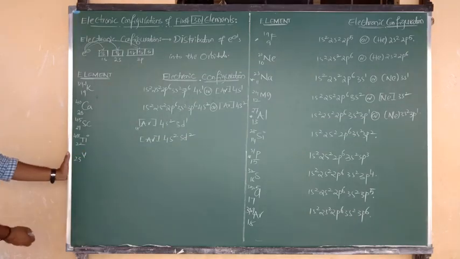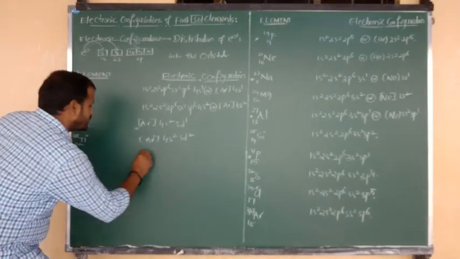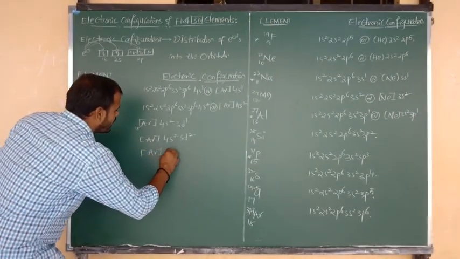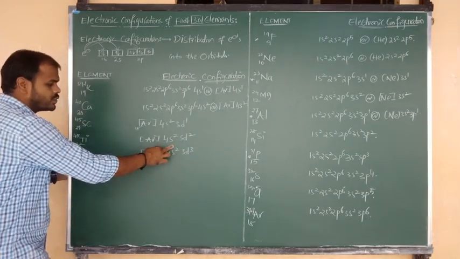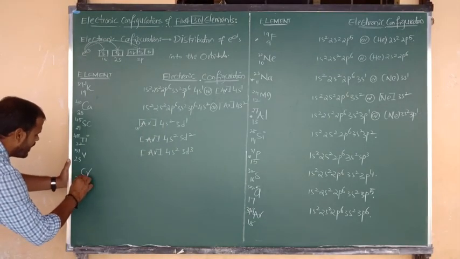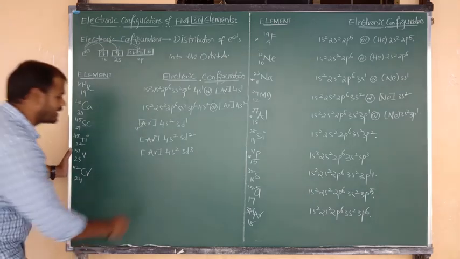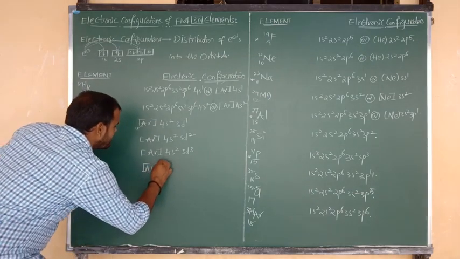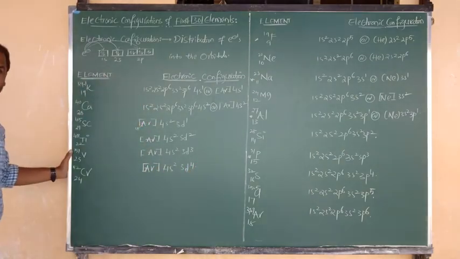Vanadium atomic number is 23, but the mass value is only 51. 23 electrons are there in vanadium, symbol is V, vanadium. So the electronic configuration is again argon 4s2 3d3. Argon contains 18, 19, 20, 23. Yes, 23 vanadium, beta. Next 24, that is chromium. Chromium symbol is Cr, atomic number is 24 and mass number is 52. So chromium contains 24 electrons, so we can write the configuration same as this one, argon 4s2 3d4.